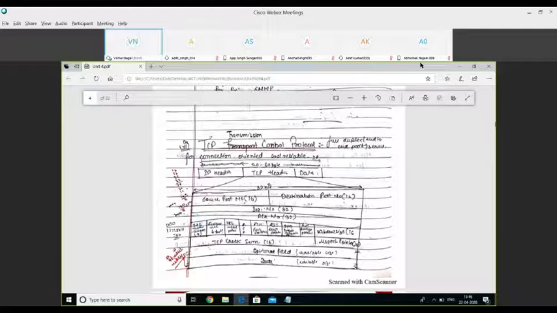So the acknowledgement number is just like a confirmation of delivery. The size of this field is 32 bits, and it contains the acknowledgement number of the segment.